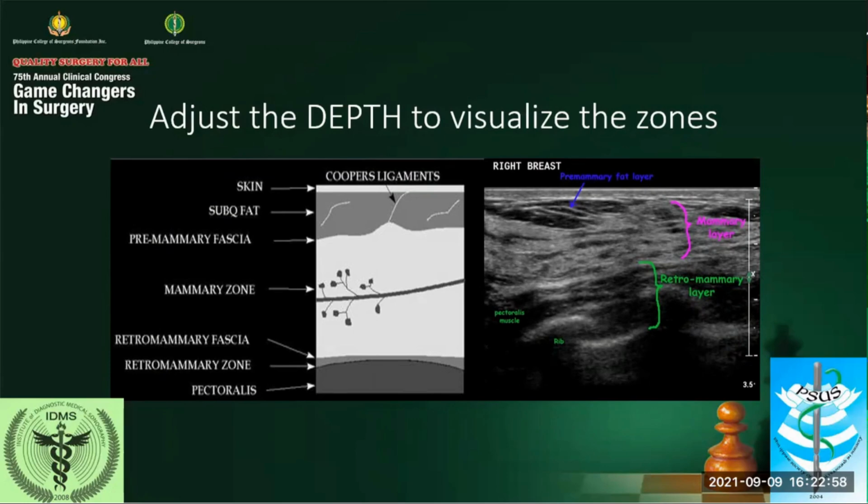Now, a very deep setting is disadvantageous. Why? Because you are covering an area that is no longer significant to the diagnosis, and yet these areas are giving you echoes or signals which can distort or obstruct the actual region of interest. So you have to adjust the depth accordingly.